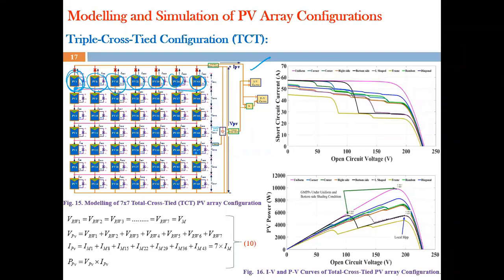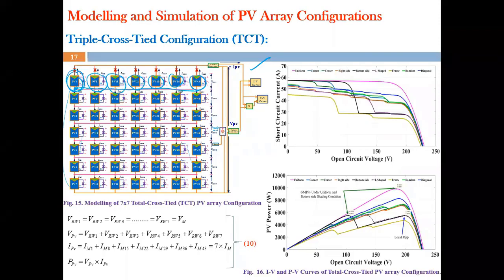So VPV will be equal to the PV1 voltage, PV8 voltage, PV15, 22, 29, 36, 43. All the voltage will be the same across them. Whereas if you want the total string voltage, how much will it be? It will become the string voltage. So 1, 2, 3, 4, 5, 6, 7. So the VPV will be equal to row 1, row 2, row 3 and so on up to row 7. Any string you take, the total voltage is the string voltage. The total PV voltage will be of the string voltage.